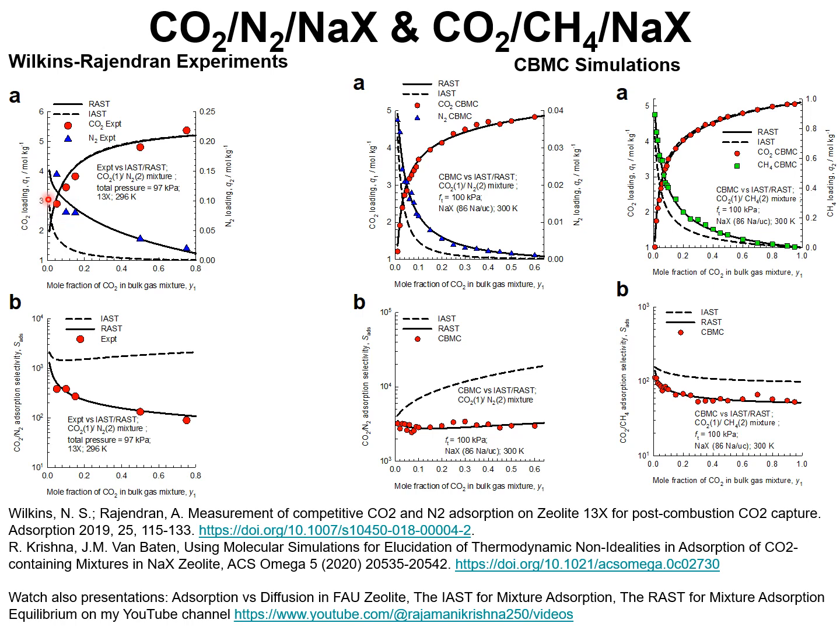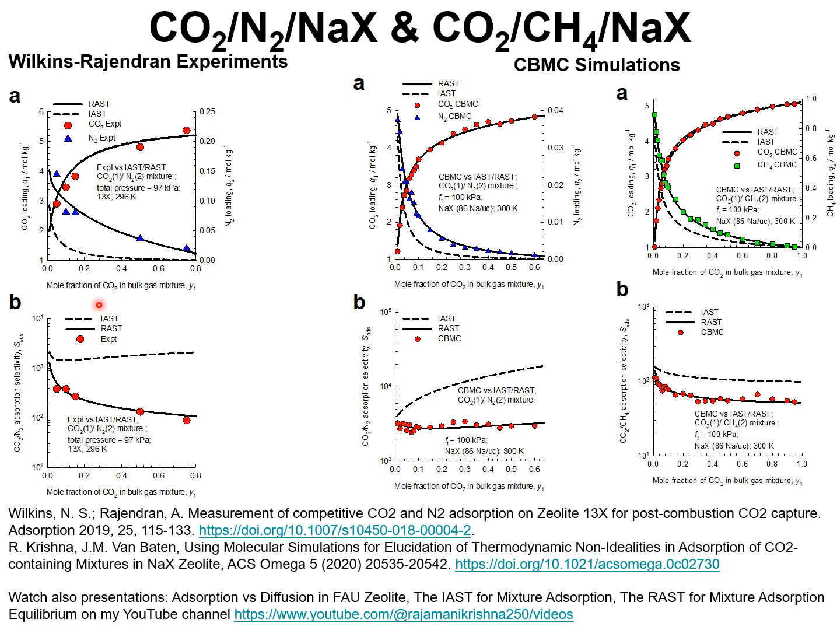The component loadings of CO2 are indicated by the red circles. The component loadings of nitrogen are indicated by the blue triangles. The IAST predictions for the component loadings based on unary isotherm data are indicated by the dashed lines. For CO2, the dashed lines are in good agreement with experimental data. However, for nitrogen, the component loadings as measured experimentally are significantly higher than those predicted on the basis of the